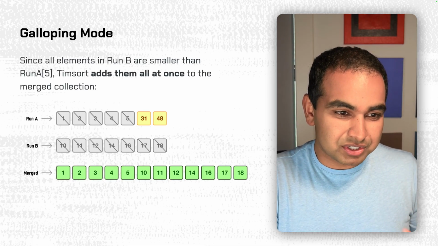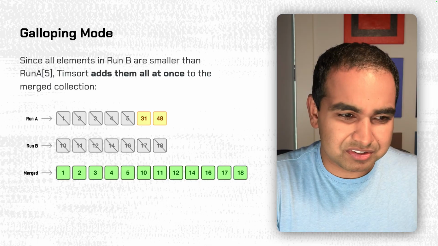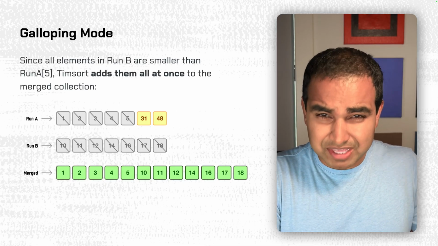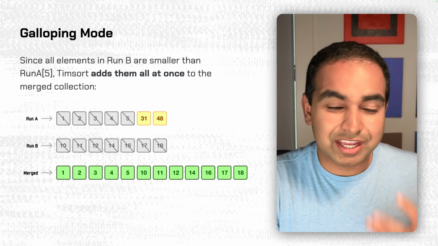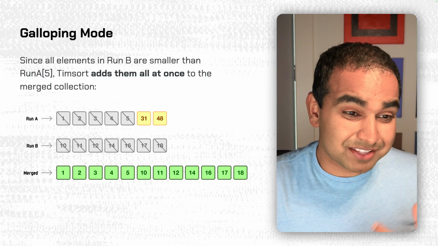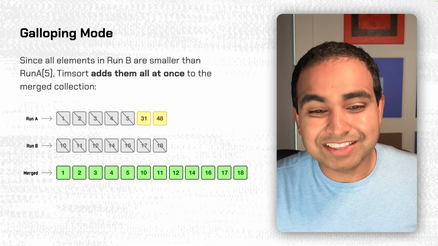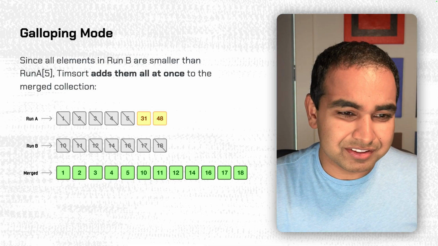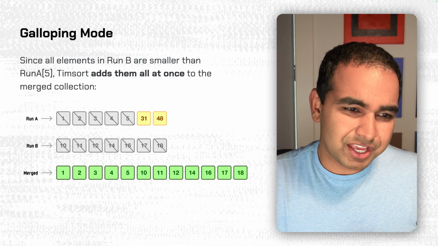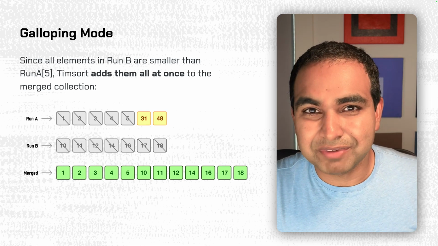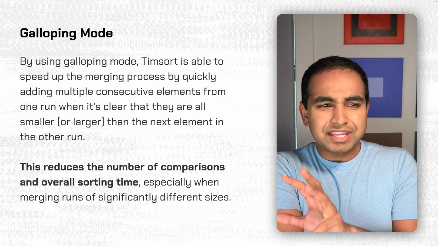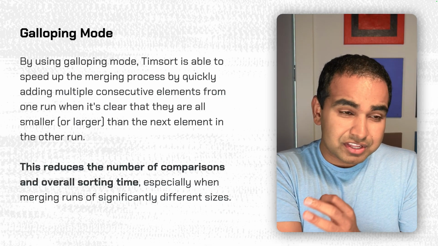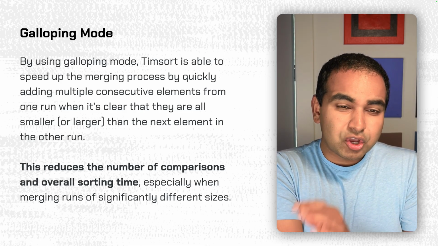So instead of doing 1, 2, 3, 4, 5, 6, 7 extra comparisons, we may do one comparison, kind of this peek ahead to see how the numbers go, and then we just add them all at once in one fell swoop, which means that we saved a lot of comparison time being able to do this. And the last elements I put at 31 and 48, those will just be added automatically towards the end of what we're doing. So by using galloping mode, Timsort is able to speed up the merging process by quickly adding